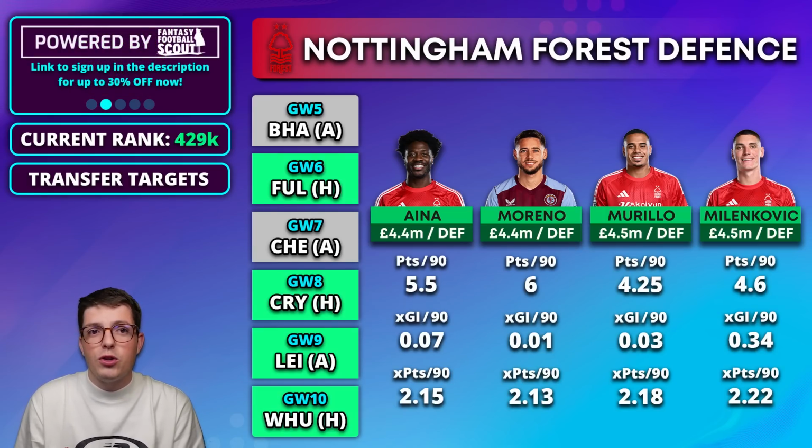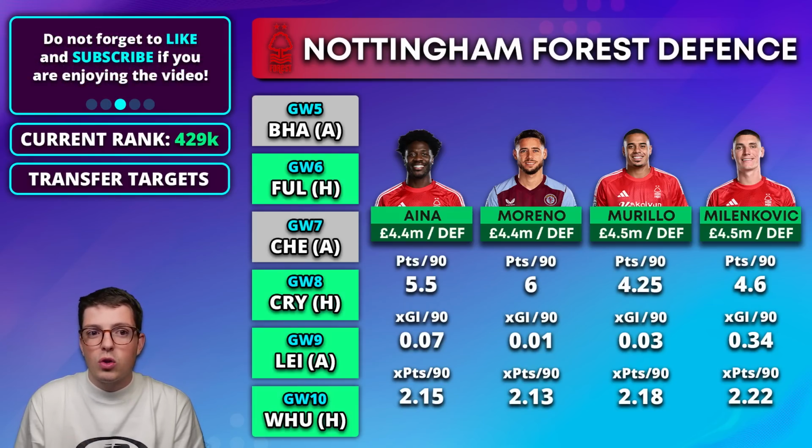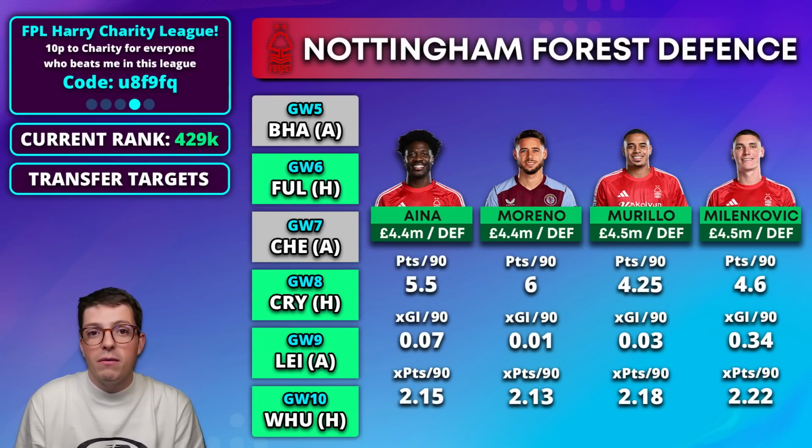However, actually the one that I do really like is Milenkovic, the centre back. He has the highest expected goal involvement of 0.34 so far this season. He's actually predicted to score slightly more points because of that goal threat he offers from set pieces as well. Of course, if you only want to save that bit of money by 0.1 and go with Aina, that's